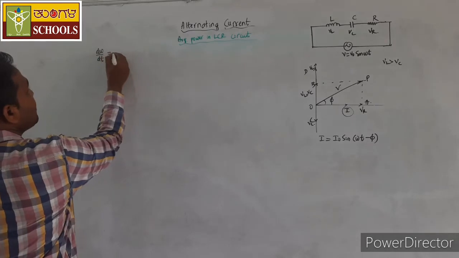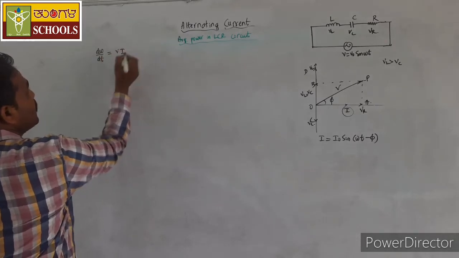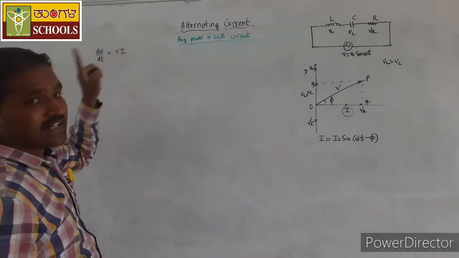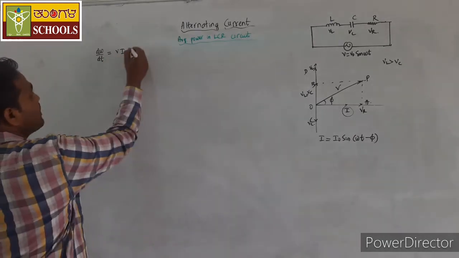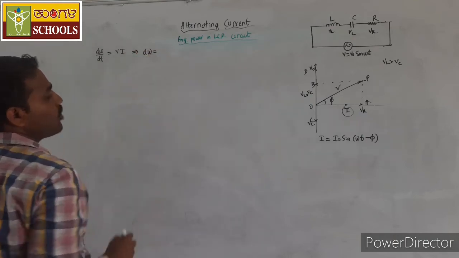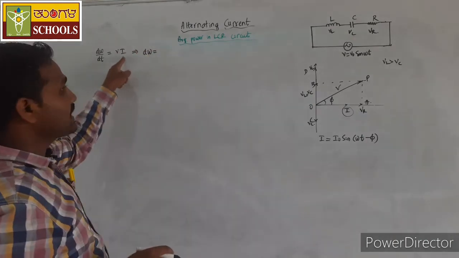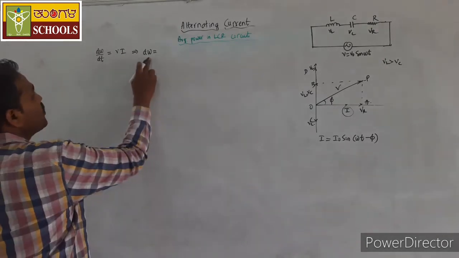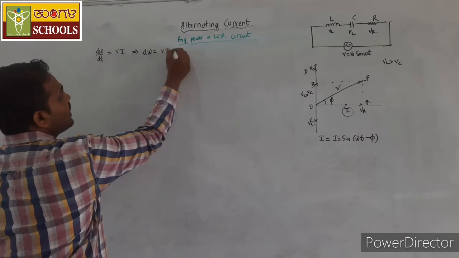So dW by dt is the product of V and I, which are the instantaneous voltage and current values. From this I can write the small work done to maintain the current through the LCR circuit for a very small duration of time,